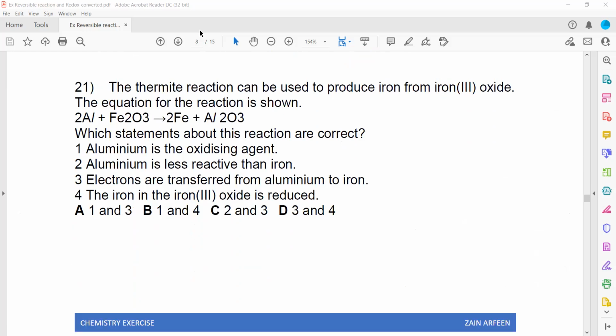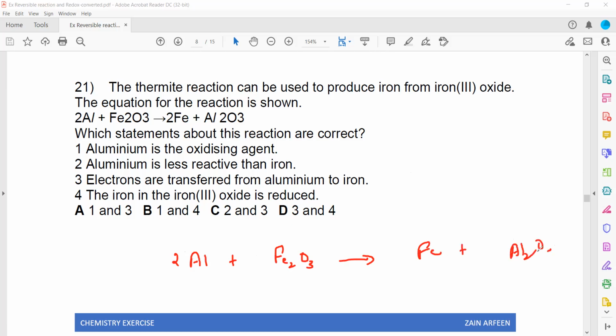The thermite reaction can be used to produce iron from its iron 3 oxide. So this is the equation. Which statement about the reaction is correct? First we have to sort out: aluminium is there, 2 aluminium atoms reacting with iron 3 oxide to give iron